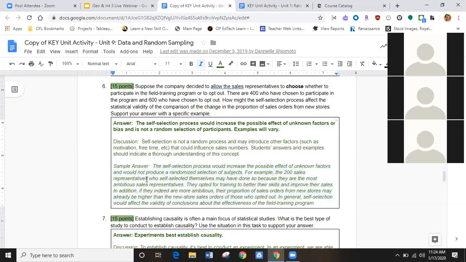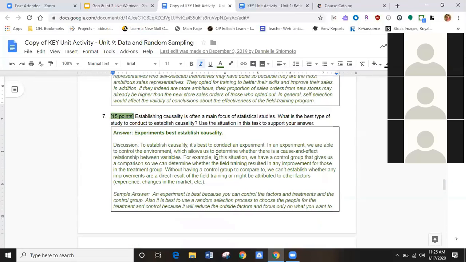So for example, the 200 sales reps who self-selected themselves may have done so because they are the most ambitious. They opted for training to better their skills and improve their sales. In addition, if they indeed are more ambitious, their proportion of sales orders from new stores may already be higher than the new store sales orders of those who opted out. So this is a sample answer, and your answers may vary, obviously, but this is to help guide you and